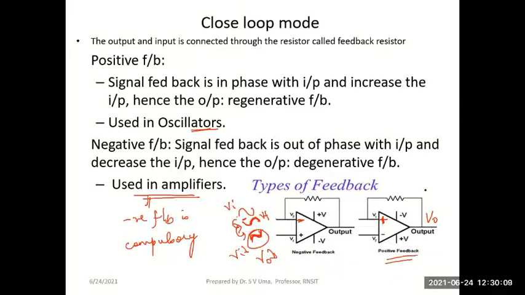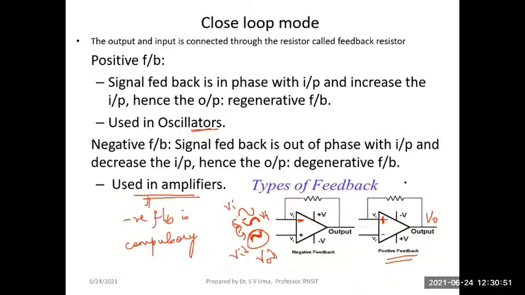But the main advantage of giving this negative feedback is, as we will show in our classes from now onwards, we can make the output depend only on the resistors connected to the circuit, and hence it will be independent of the op-amp internal gain, and only the resistors connected externally will determine the voltage gain, which makes it easy for us to design op-amp amplifier circuits, where you can design a given operational amplifier for a required gain.